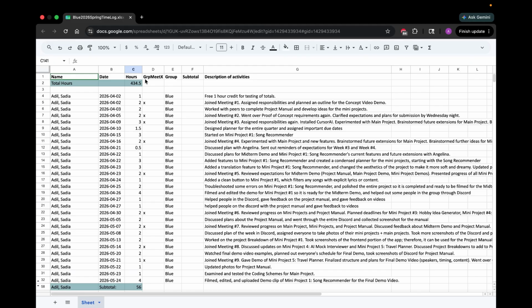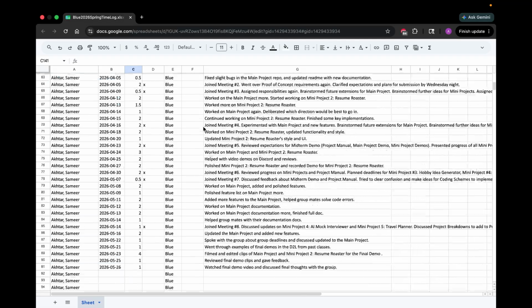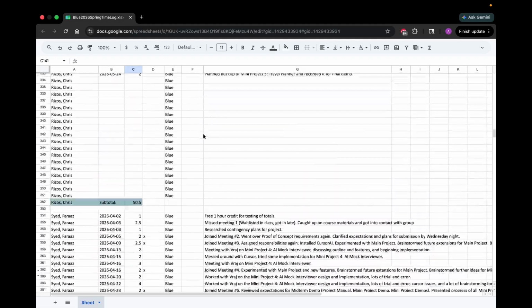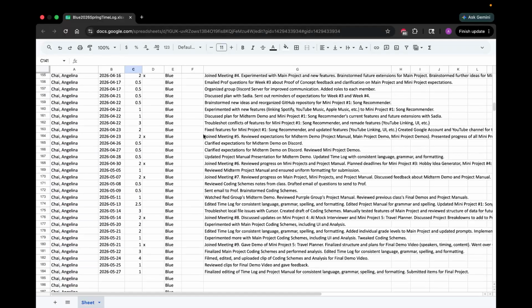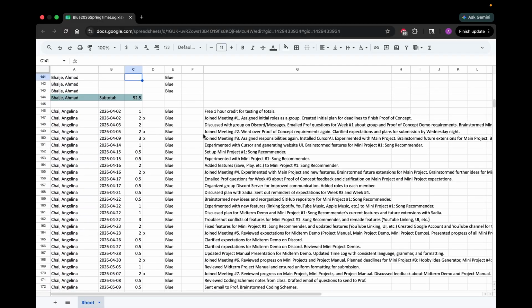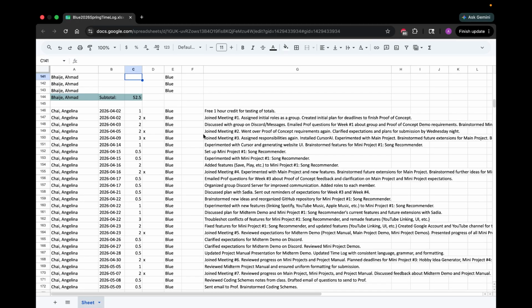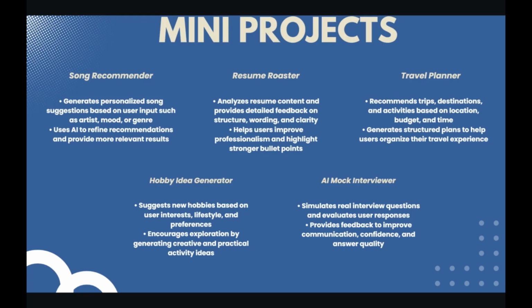Hey, it's Ahmad again, and I'm the requirements manager, and I'll be showing you guys the time log. As a group, we logged a total of 434.5 hours. Here is a quick rundown of the entire time log where all of our group members would log their time. I'll use our project manager, Angelina, as an example for a more detailed look into the time log. As you see here, we have our group meetings where we would join a call and discuss our work for the week and assign responsibilities. You can see over here where she would work on her mini project, which was the